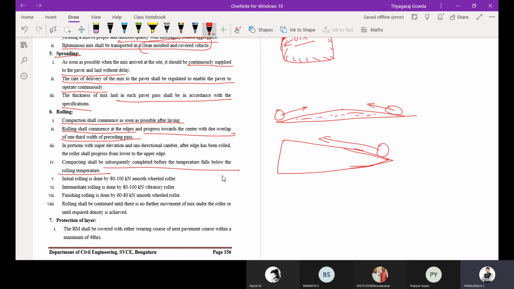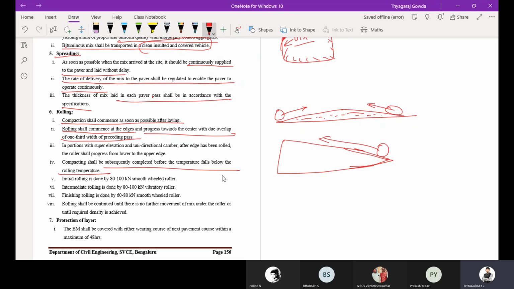I told you the mix becomes harder, so to avoid that, we compact it at the earliest.